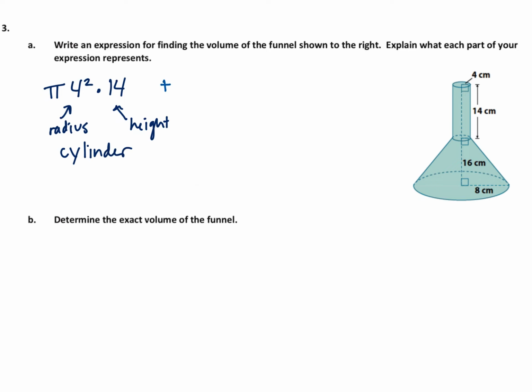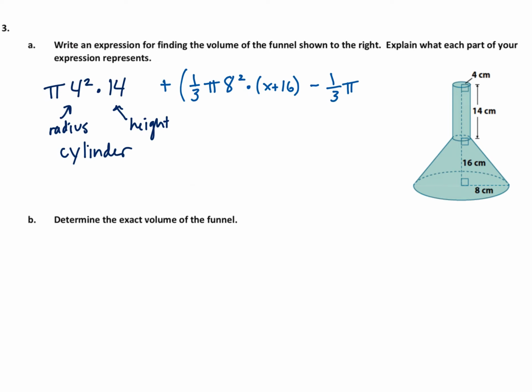The truncated cone is found by finding the volume of the entire cone and then subtracting the piece that's cut off of the top. So for a cone, we have 1/3 pi r squared, which is 8 times the whole height, which would be x plus 16, because we have more than just the 16 that's shown for the entire cone. And then we're going to remove